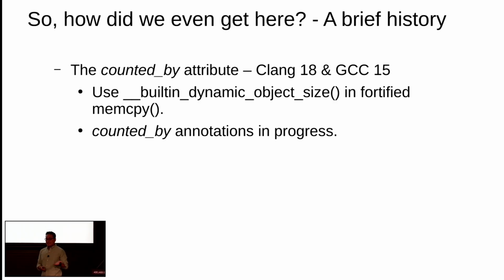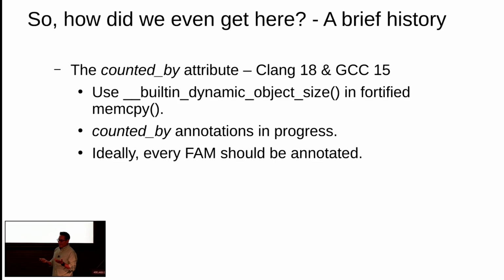It's not that simple, really. There are a lot of nuances around these annotations. In the blog post I wrote, I share a lot of kernel code, and I explain those nuances, and exactly how to use the counted by attribute and the things you have to pay attention to, so you don't trip yourself in the process. And ideally, if you need to implement a new flexible structure, you are going to use the counted by attribute.